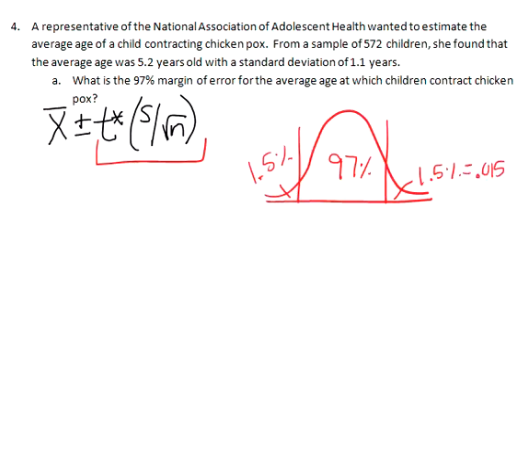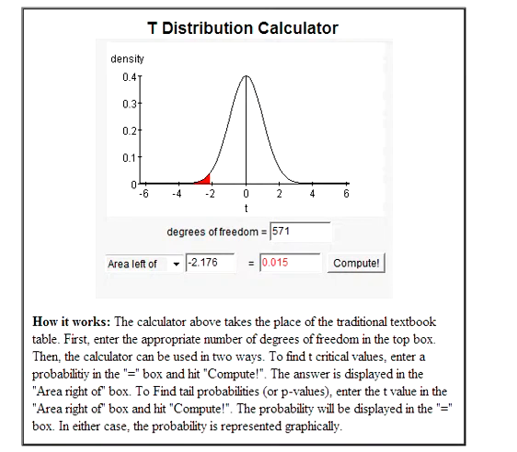We also need to know the degrees of freedom that go along with our distribution. Degrees of freedom can be found by taking n minus 1. So here we have a t distribution that has n being 572, or 571 degrees of freedom. Using our t distribution applet, we can plug in 571 degrees of freedom and a probability or an area of 0.015, giving us a t star value of